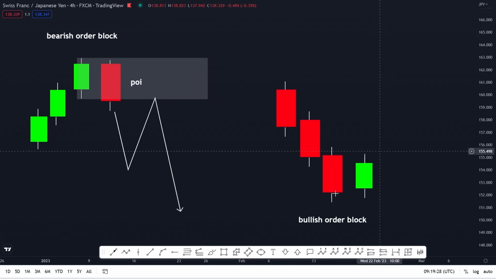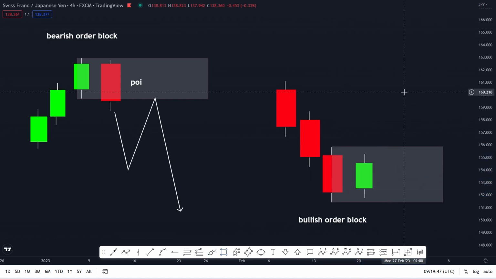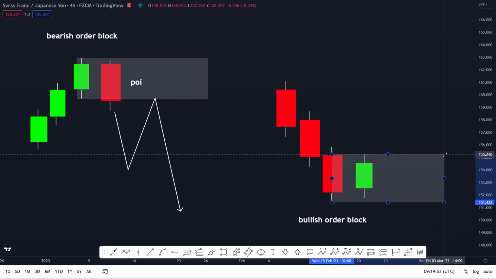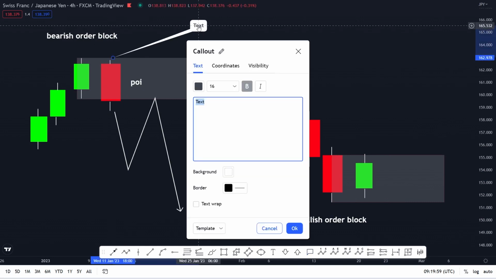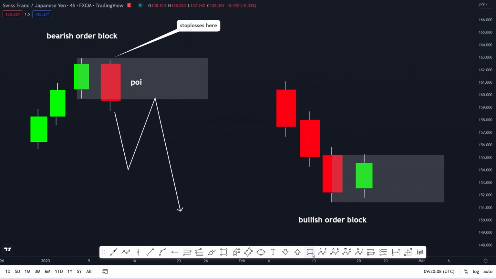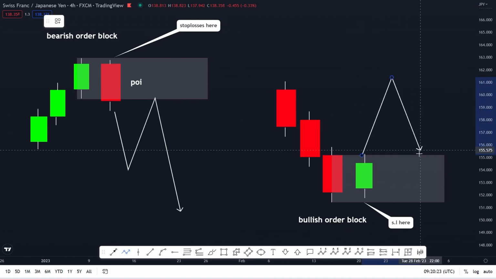And then another thing that you can do on the bullish order block, you draw from the last bearish candle before a bullish. That means you can draw the first one like this, which is the high, and to the low. But to reduce the risk, we can still do something like that. And then this is where we are going to place our stop losses. We are going to place our stop losses around here and even in here. Okay, then that means when the market comes to this bullish order block again,